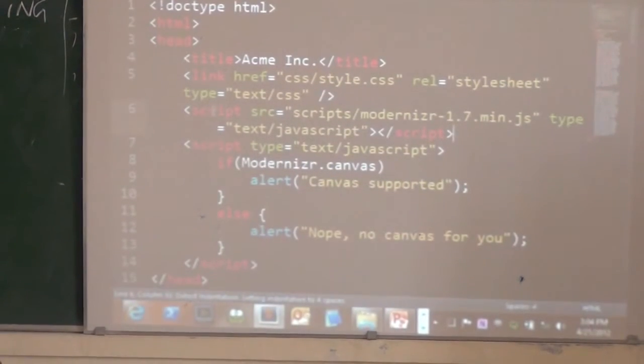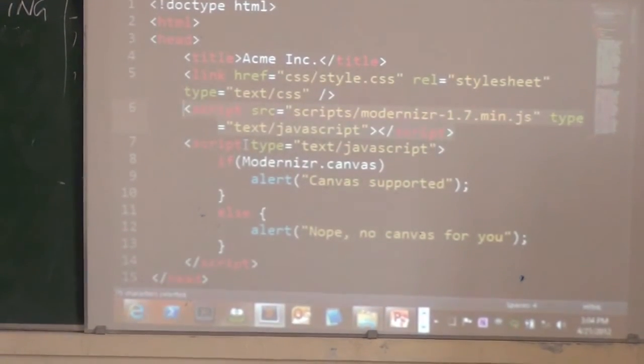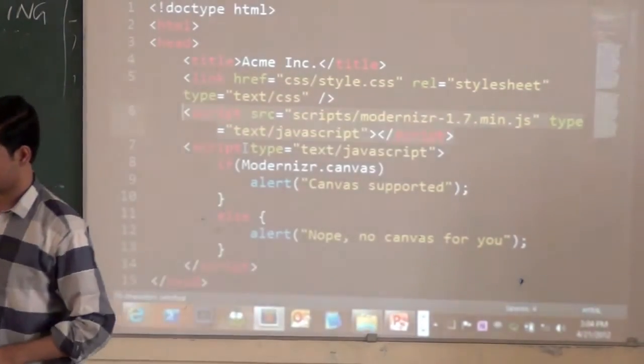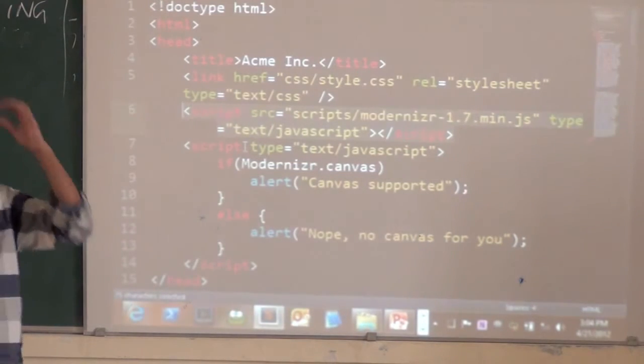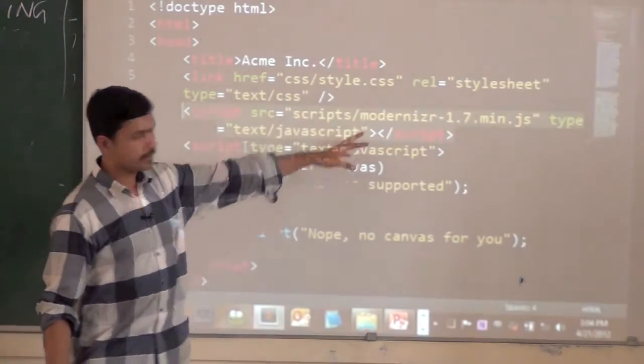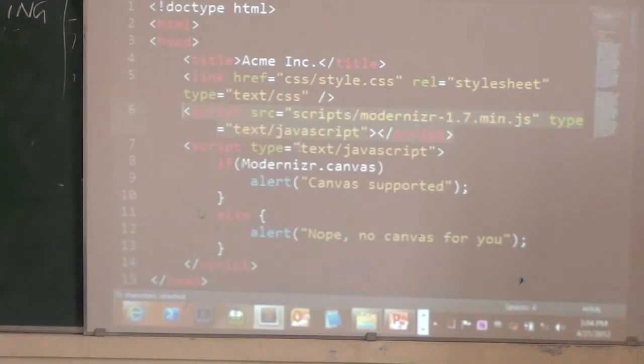So you can see right at the top, I've included a little script here. Script src equals modernizr 1.7. I had put together this thing sometime back. So actually now the Modernizr version is, I think, 2.2 or something. So feel free to get the latest version. So I've included this JS right at the top, and then the markup works as usual.